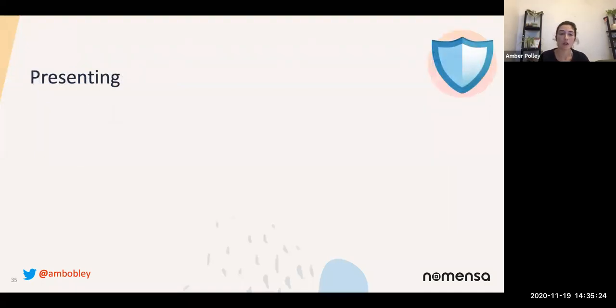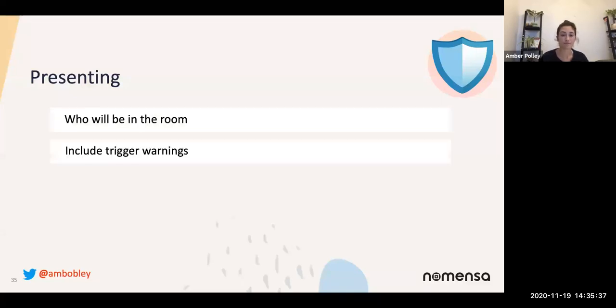And then if you are working with a client, or presenting this back to your colleagues or a group, you need to be thinking about who's going to be in that room, pre-warning anyone about sensitive topics you might be bringing up, so that they can make their own decisions about whether they want to be in the room or not. And if you're giving out a report or documentation, you need to include trigger warnings on your documentation to begin with. You don't know whether that client might pass it to someone they manage, or what vulnerability they might be coming from. So you really need to include those trigger warnings there too.